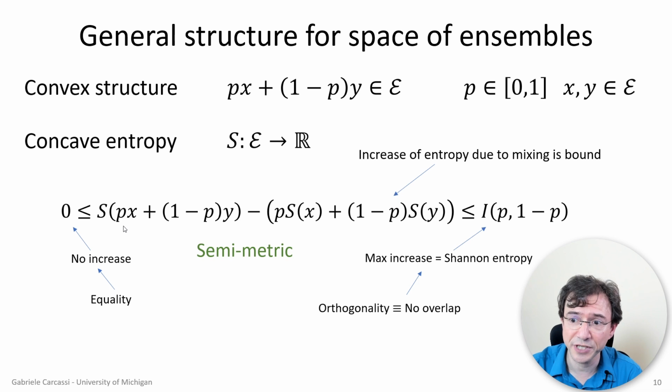This expression here is actually not something that I made up. It's something that exists both in classical mechanics and in quantum mechanics, or classical information theory and quantum information theory. It's the Jensen-Shannon divergence, and it's a semi-metric, meaning that it satisfies all the axioms of the metric except for the triangle inequality. It actually turns out that it's the square of the metric.